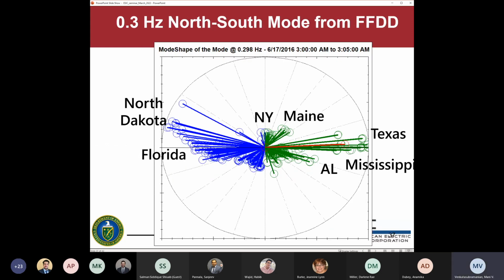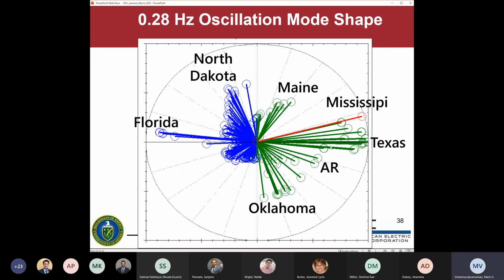And this can be verified by looking at the mode shape. So the mode itself, again, has that same characteristic that North Dakota is in phase with Florida and is out of phase with the middle of the system. And that's exactly what we saw during the event. So this verifies that